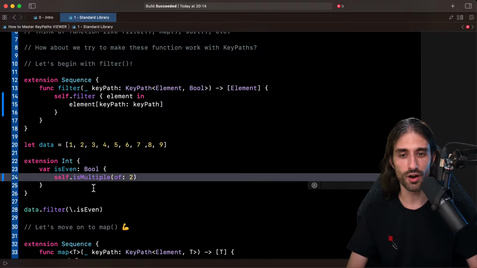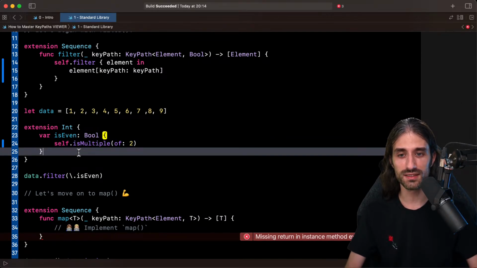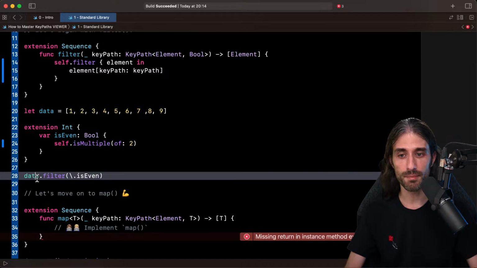I wanted to add this example because it's also a great way to show you this nice isMultiple function that has been in the Swift library for a few years now, and that is not as widely known as it should be. And so now that we have this syntax, we can make line 28 build.